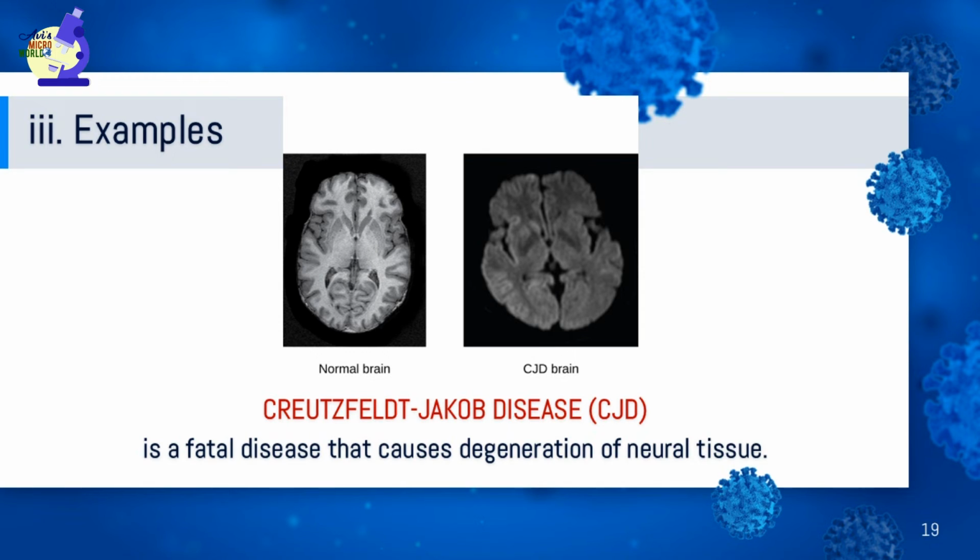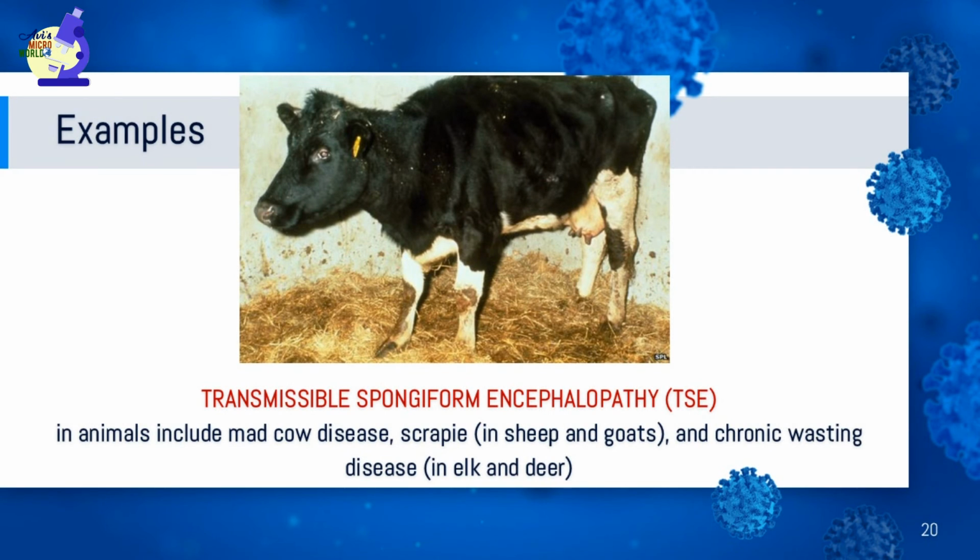A few examples of prion diseases are: first, Creutzfeldt-Jakob disease, CJD, a fatal disease that causes degeneration of neural tissue. You can see the normal brain here and the CJD brain here. Second, transmissible spongiform encephalopathy (TSE) in animals, which causes mad cow disease, scrapie in sheep and goats, and chronic wasting disease